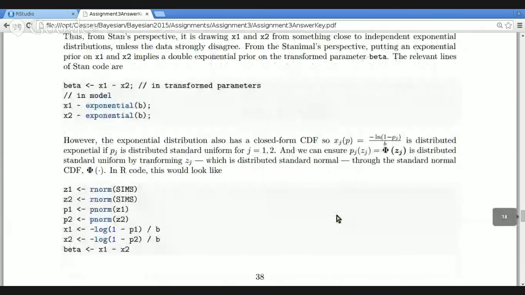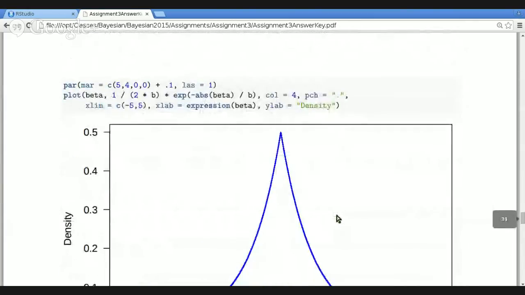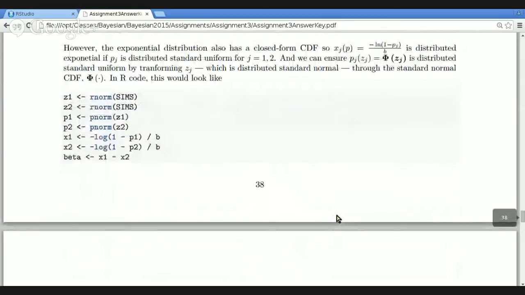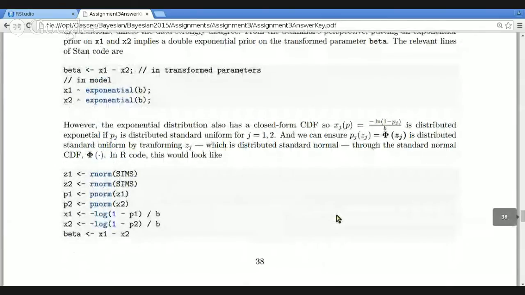So you can do that construction. It turns out to work terribly in the Stan code. Another approach along the same lines that actually suffers from the same problems is to use the fact that the